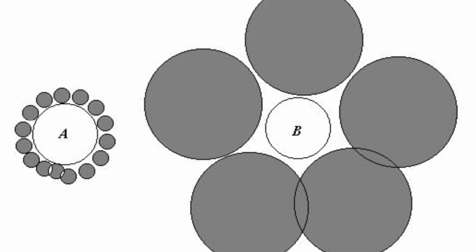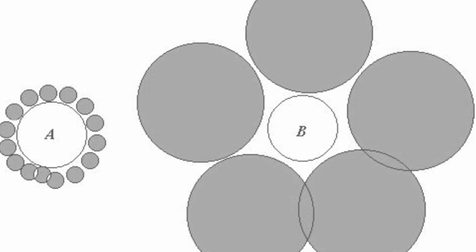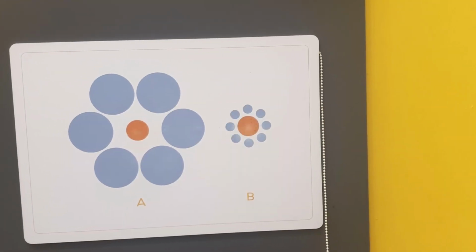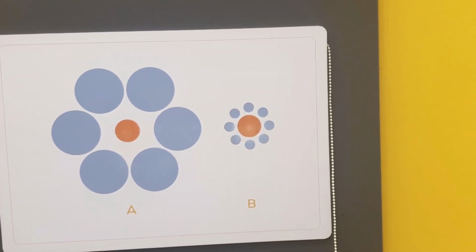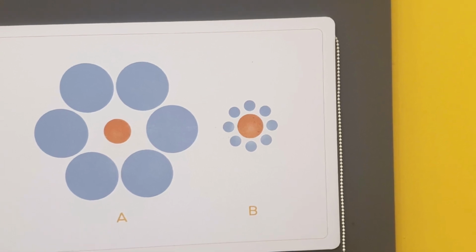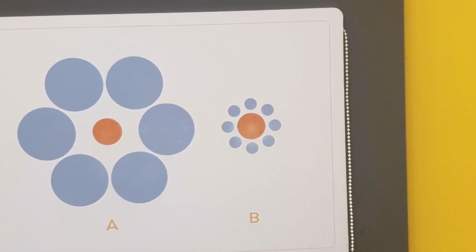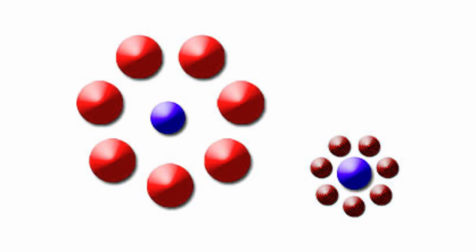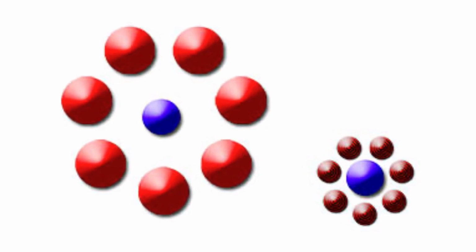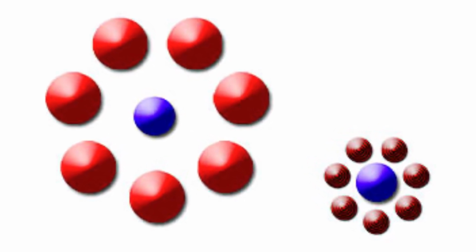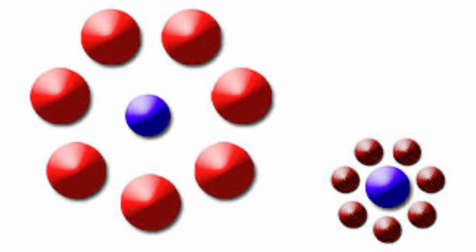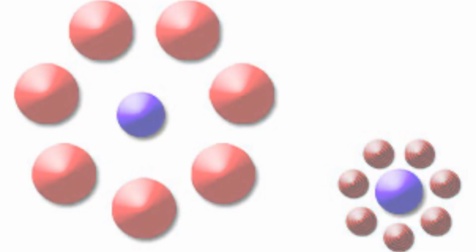Our brains are always using context to judge size. When a circle is surrounded by smaller objects, it appears larger because our brain compares it to the surrounding objects. On the other hand, when the circle is surrounded by larger objects, it appears smaller. This is all because of a phenomenon in the visual system known as contextual size perception. The surrounding objects act as a reference point, and your brain automatically processes this information.